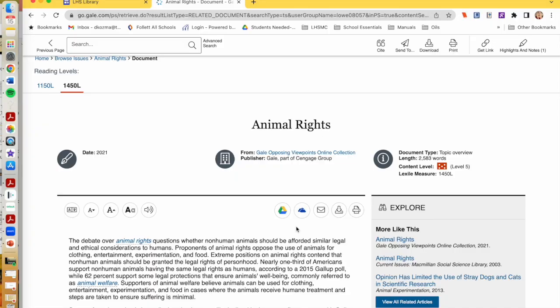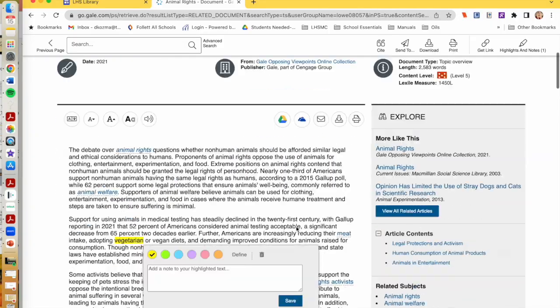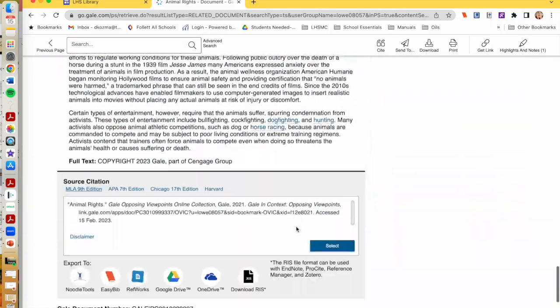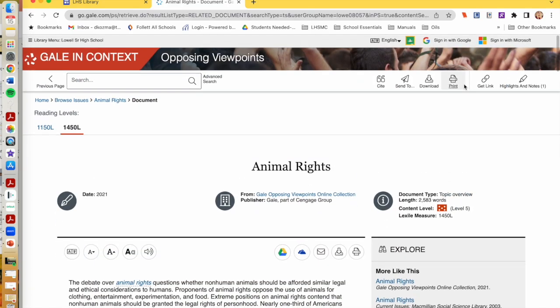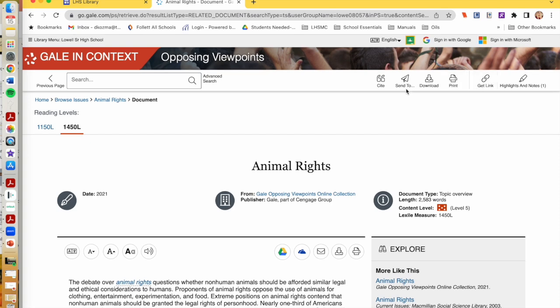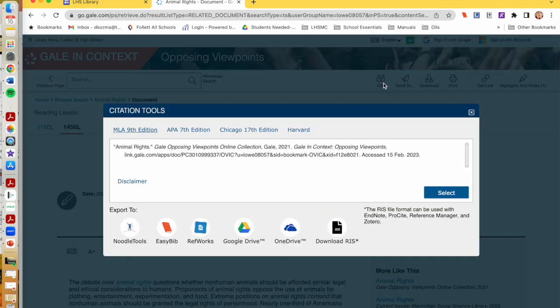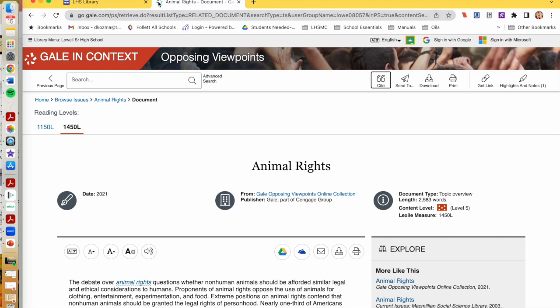We talked about the fact that we are going to cite these articles, so you can do that a number of ways. You can scroll to the bottom. We're using MLA 9th edition. It just happens to default to that. So there it is. You can copy and paste it. You can also just go right here where it says cite and click there, whichever way you want to do that. Okay, so let's go back and let's see what else